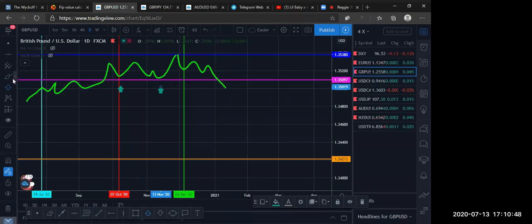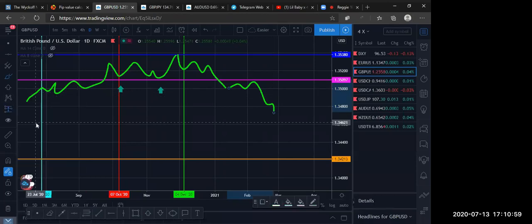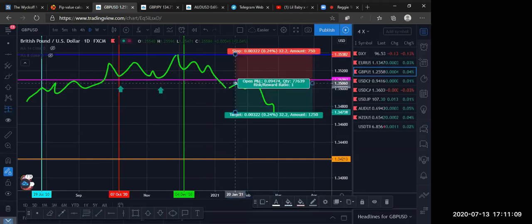Once you see that break and you assume that you do want to go back to the downside, you probably get a little retest, and then you can start getting ready for a sale. Me personally, if I would have seen this on a live chart, I would have been ready for a sale once this old resistance, new support broke. Then I would have been ready for a sale because I see the pullback. I probably would have got it on the first pullback,